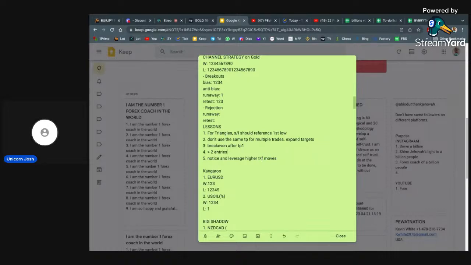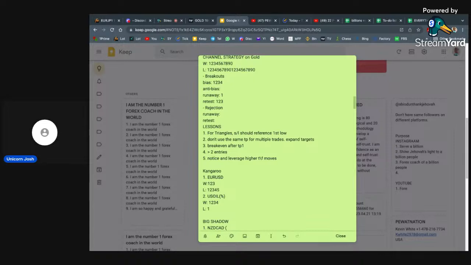Yeah, yesterday I did this a lot. I took multiple trades, stacking, and I had the same take profits for all the trades. For whatever reason, maybe I wasn't confident that they were going to go all the way, so I just wanted to get the money and get it out. Get out with the bag before whatever else wants to happen. There was a tendency to just get all the money out. I don't care about any other move after that.